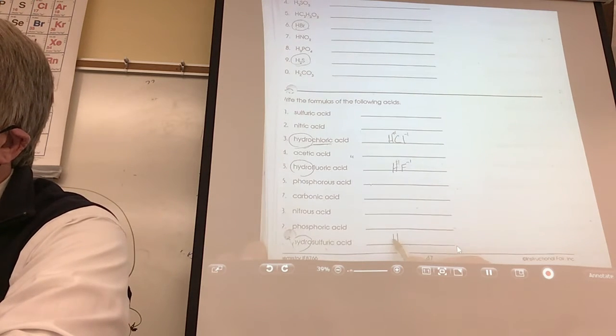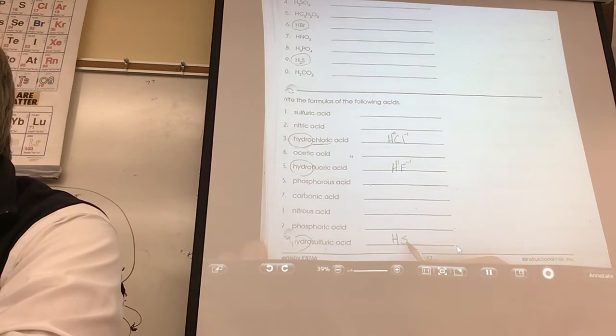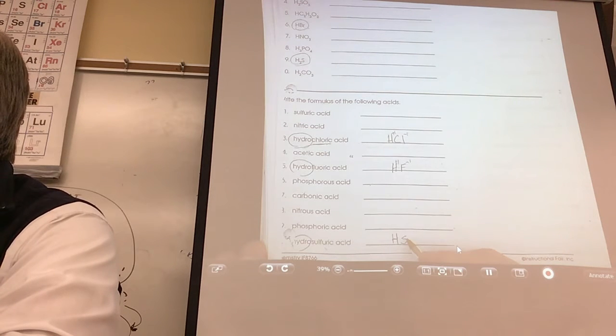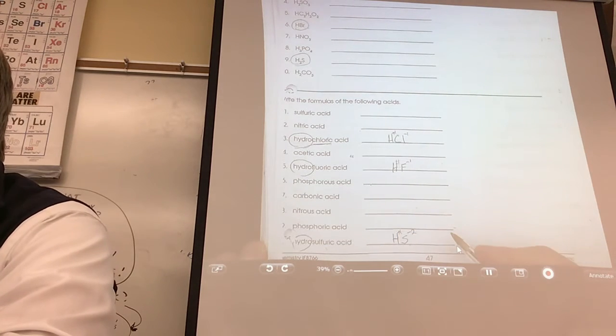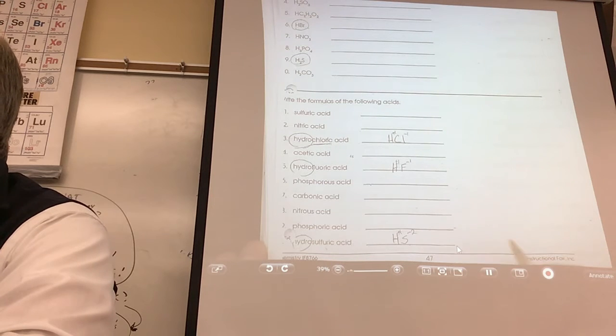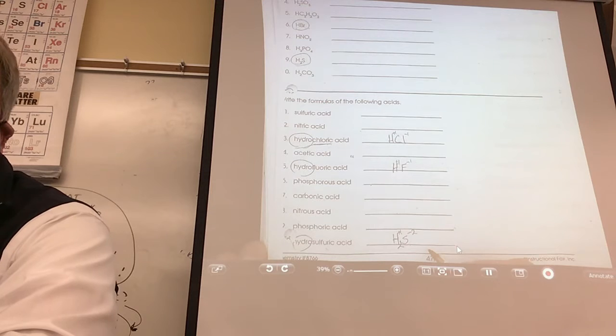Hydro, H, and what? Okay, so now are we done or not? So you look on the periodic table. What's the charge of sulfur in a compound? Find S. -2, but hydrogen's +1. So what do you have to do? How do you make this have a net charge of 0? We've been doing this for days. How do you make this add up to 0? Yeah, I'll make it 2. Yeah, see that? Everybody got that?